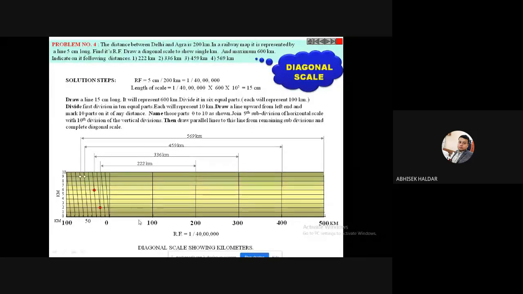These divisions will obviously change, right? Then this maximum limit will also change. This maximum limit may be 6 kilometers or 7 kilometers, and then it will obviously not be 600 kilometers. If you are interested, I will show you that type of problem once in the next class. That is not an issue, but here, as per this problem, the minimum I can measure is 1 kilometer. Below that I cannot measure.